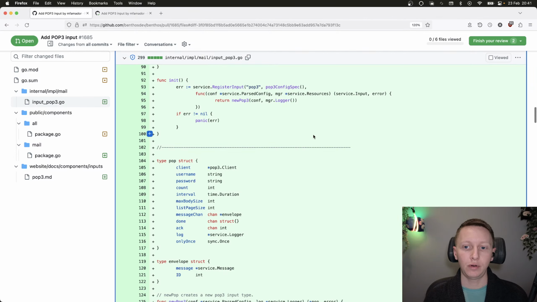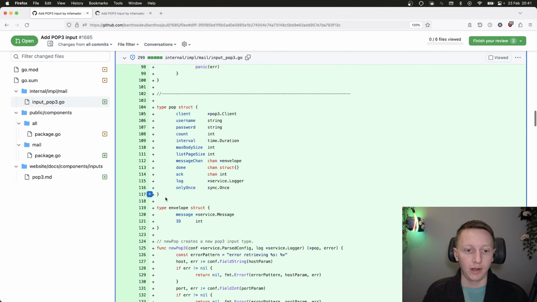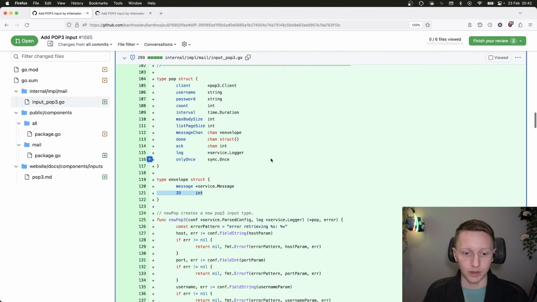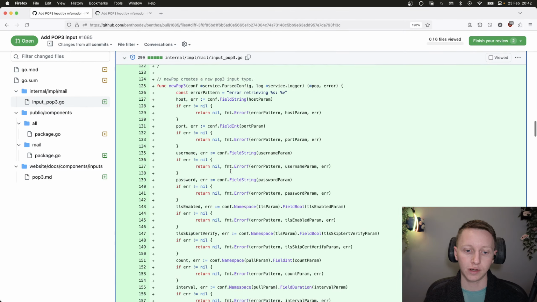Okay, and then we register the input. Within our thing here, we've got a POP3 client. We store the username and password, account, interval, basically all the config parameters. We have a message chan, which is this envelope type. We've got a Benthos message and also an ID. I'm assuming that's to associate back to the server when we do message deletes. We've got an ACK chan and a done chan. I'll be interested to see why this needs to be channels. And then we've got only once, which I've already looked at. That's for the